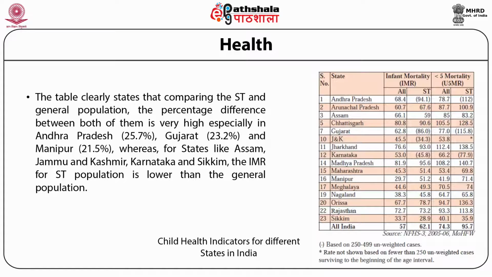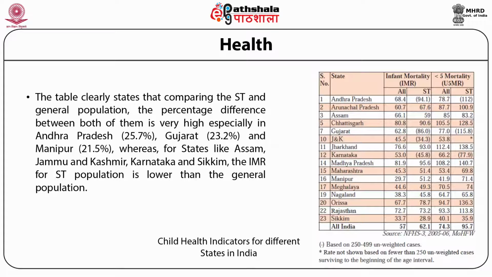The similar is the scenario with under 5 mortality. In Andhra Pradesh, 78.7 under 5 mortality was recorded for all population, whereas for scheduled tribe it is 112. In Arunachal Pradesh, it is 109 for scheduled tribe and 87.7 for all category of population. In this way, the difference of infant mortality and under 5 mortality rate is compared in this table, and this data was taken from NFHS 3,